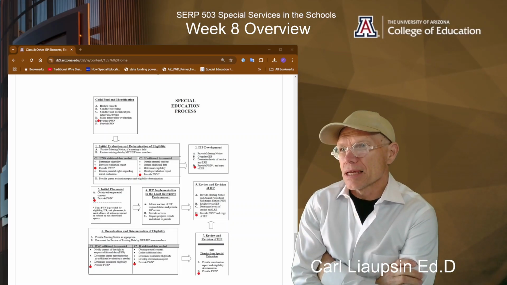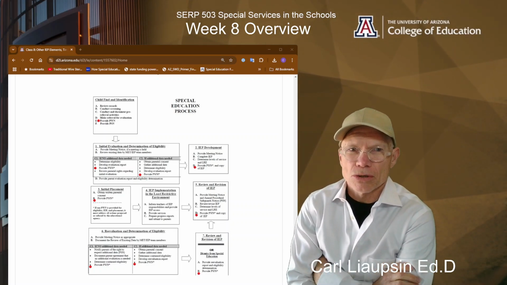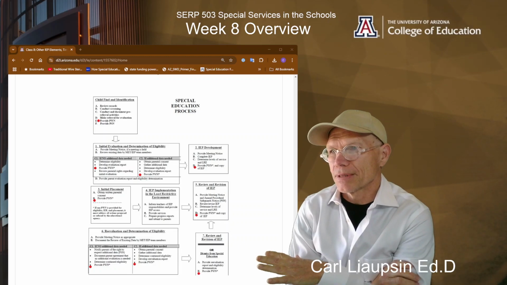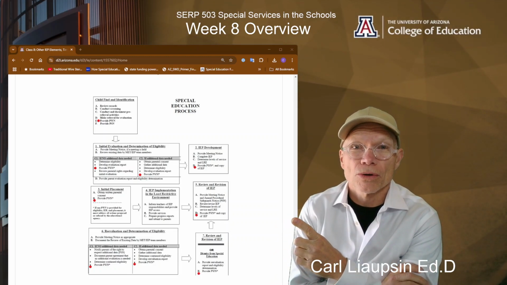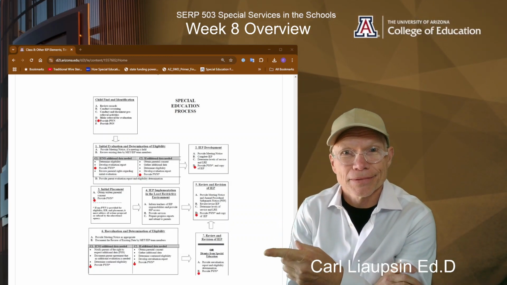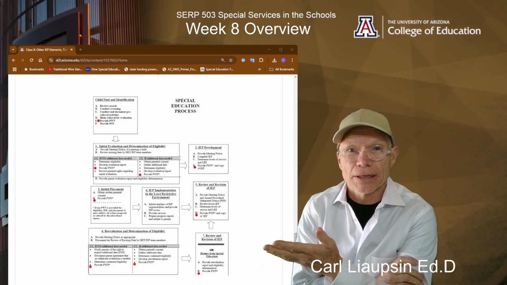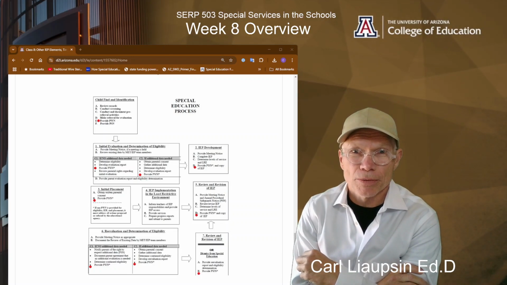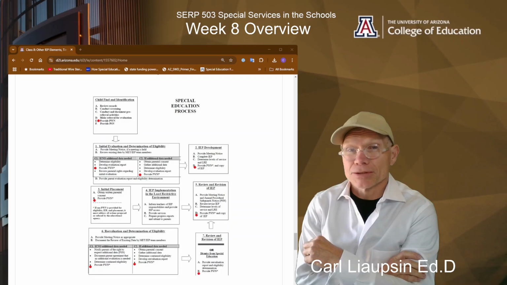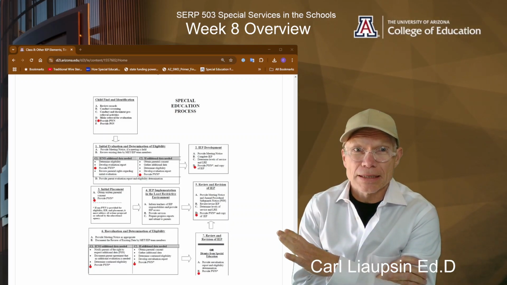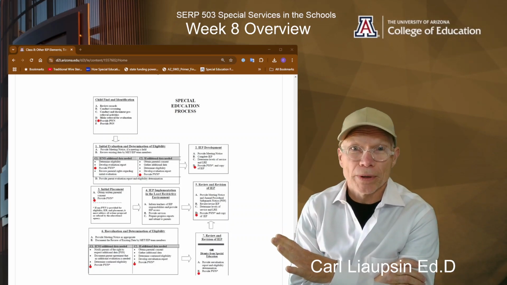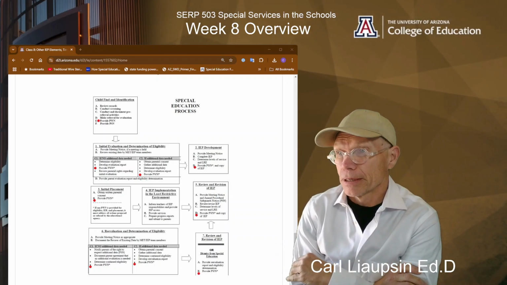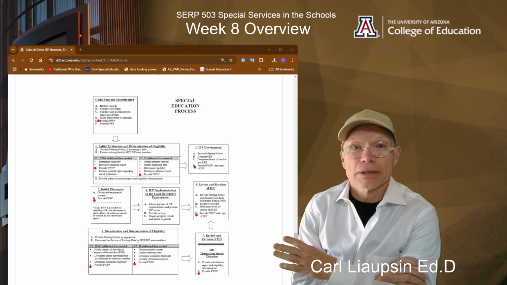It also has a document that shows the special education process itself, and it shows where inside of that set of processes the prior written notice is required to be included with paperwork. Right? So just a really important thing to keep in mind, no matter where you're working as a special education teacher or if you're a parent, that this prior written notice document is required.